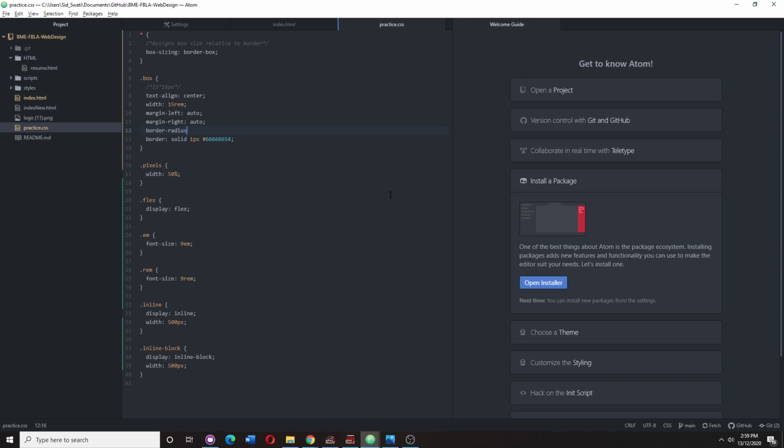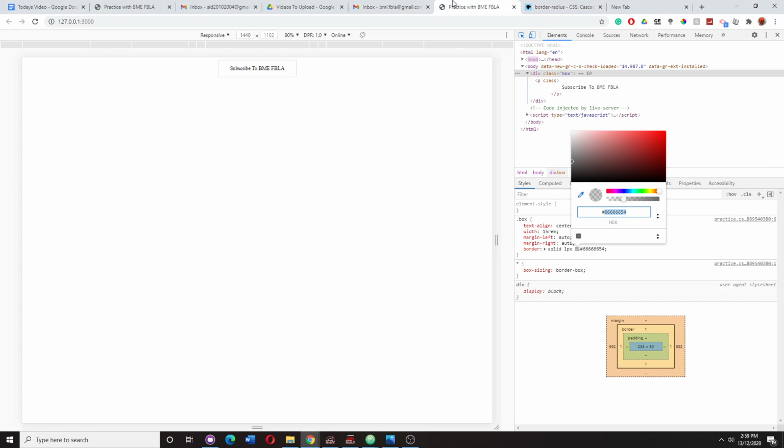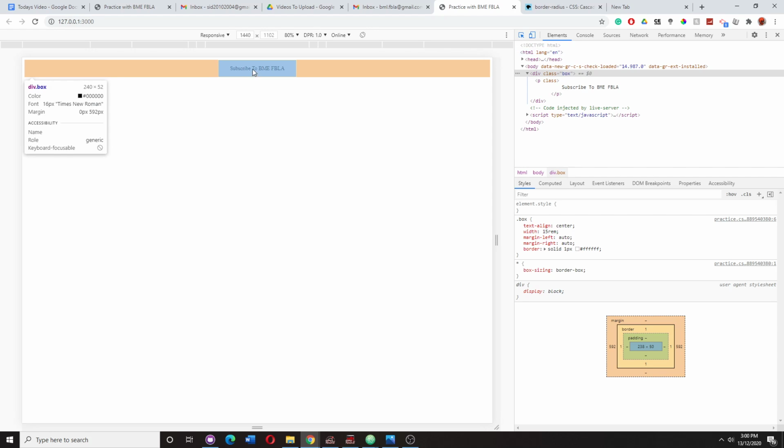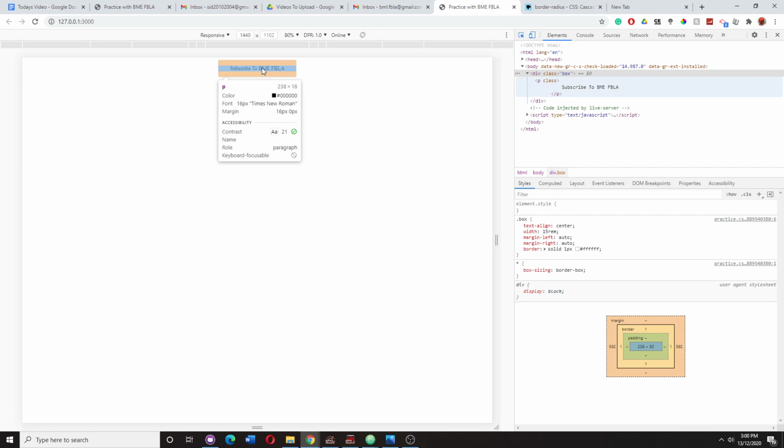So the border dash radius, I'm just going to make this colon 5 pixels. And now we can see a little bit of a curve on the sides, which I think looks quite nice. Okay, so anyways, now we have a border, now we have text. I think something that I would like to do at least is to